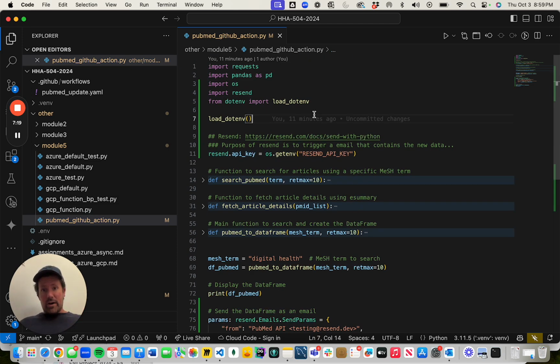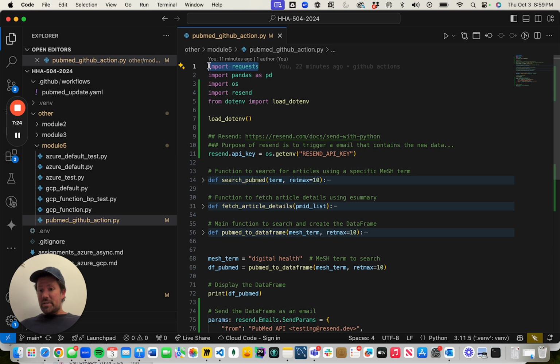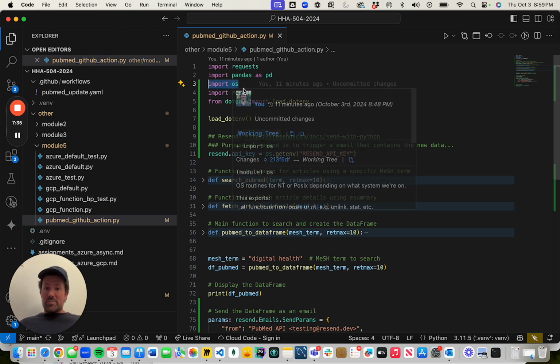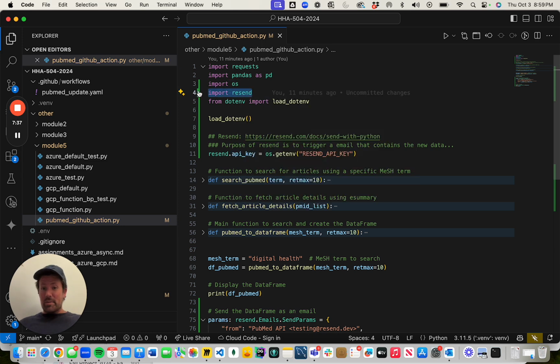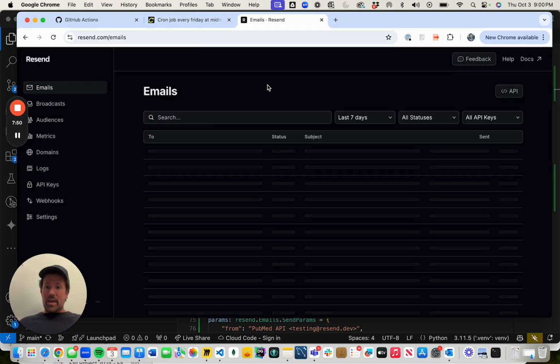So we have the requests library to send an HTTP request to the PubMed API. We're using pandas to then also parse and create a data frame of the returned PubMed articles. We're importing in the OS package. We're also importing in a package called resend. Resend is an interesting tool that I just found for the point of this exercise that helps us very quickly send emails. So if you go to resend.com,